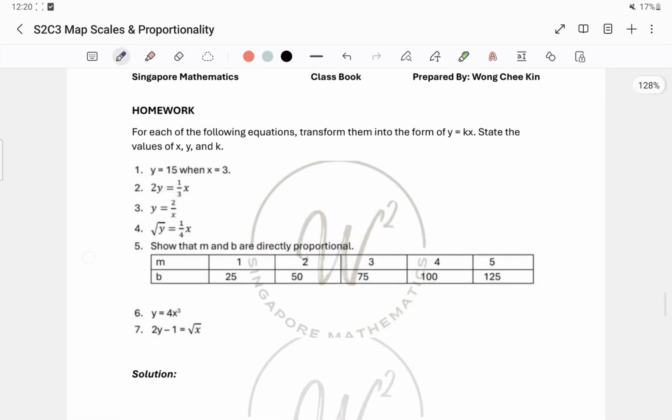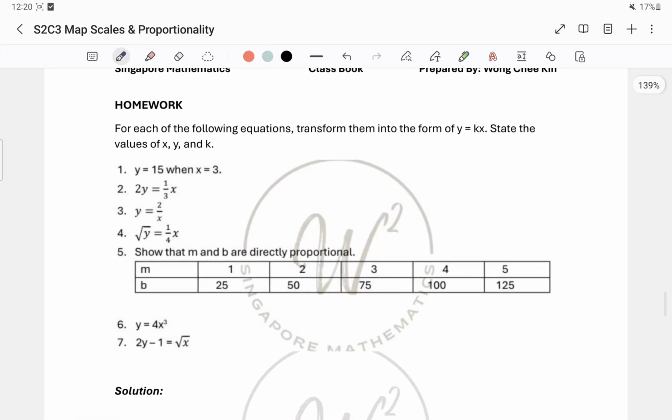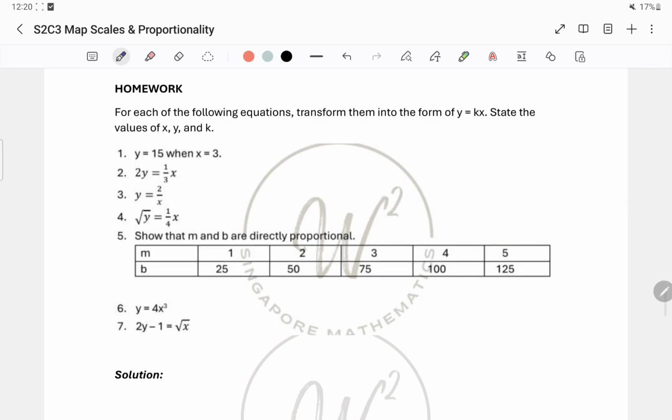Okay, so now let's look at the homework section. This is the part that I want you to do, but I will need to go through some questions with you first. I will go through especially the first one to explain how the mechanics work over here. So, to transform them into y equals kx and state the values of x, y, and k. Here is what we will do: we will try to make them into y equals kx,